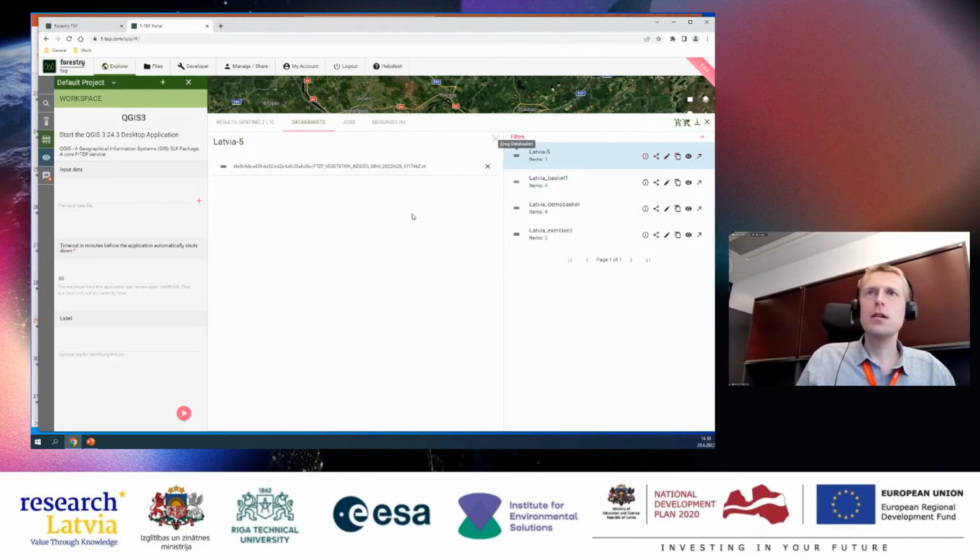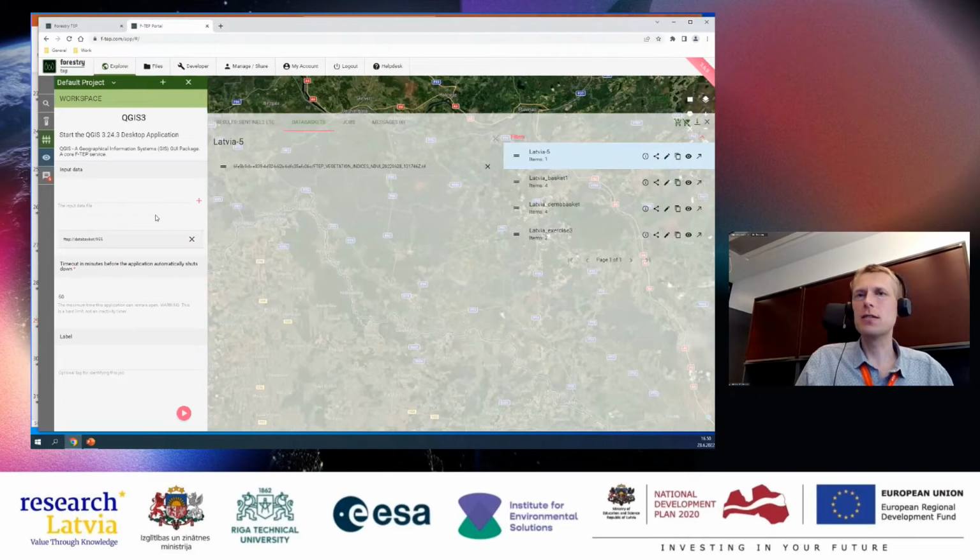Anyway, when you have all the files in the data basket that you want, you can just drag the whole data basket from here. The drag data basket button, you can drag that as input to the QGIS service. And now you can see that the data basket is here.